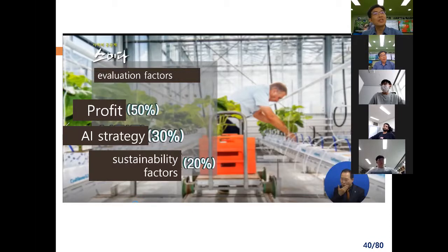AI is a strategy that creates the best environment for growing crops, and it measures the environment of greenhouses and the state of crop growth to see what prescriptions have been given. Finally, efficient use of the resources. Evaluators determine the input energy, such as how much electricity they used to heat the greenhouse.